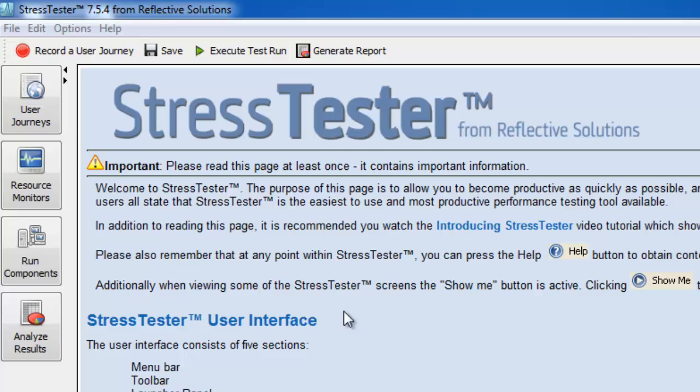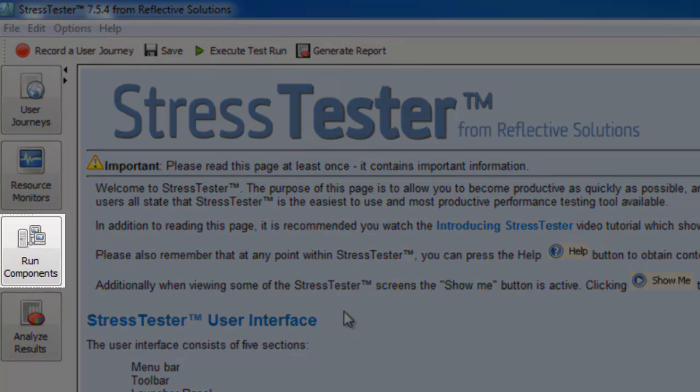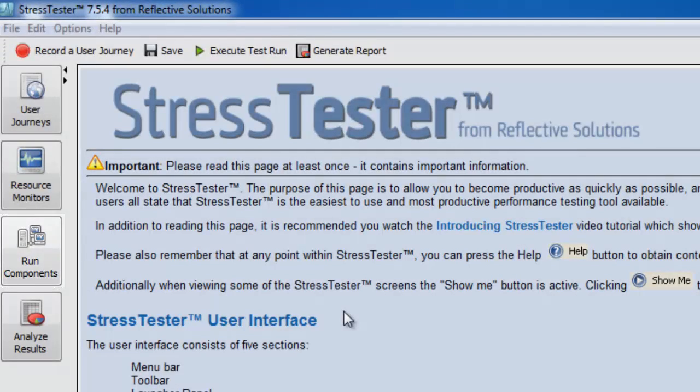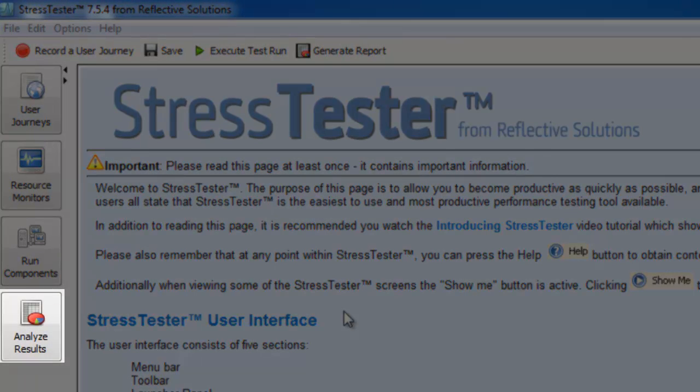The Run Components workspace allows you to configure the performance tests you wish to execute, and the StressTester components that will execute during the performance test. This includes the locations from which load should be executed, the number of users to simulate, and how the system should be monitored during the test. The final workspace allows you to analyze the results of your performance tests, including correlating test results with system monitoring